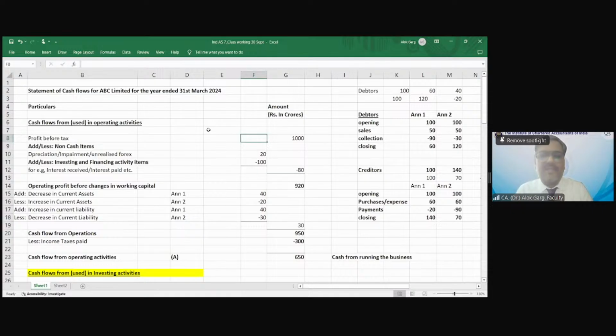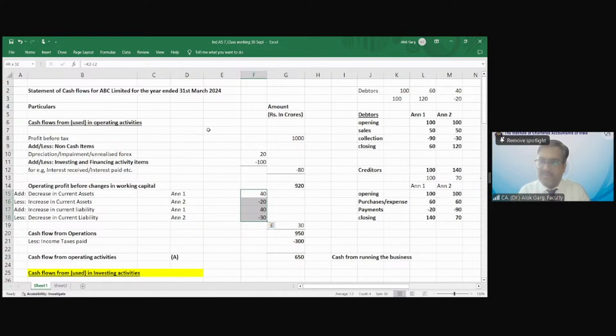And whether this sale is a non-cash item? Whether credit sale is like depreciation? No, it is not like depreciation. Sales are not depreciation. Depreciation is a notional, non-cash item. Sales are never non-cash items. These are credit sales, right? For depreciation, you will never receive cash, but for the sales which you have made, you will receive cash. So credit sales are not a non-cash item. But the fact is, you have not received cash to the extent of 20 rupees. So that is why this change in working capital is required, to find out the actual cash which has been